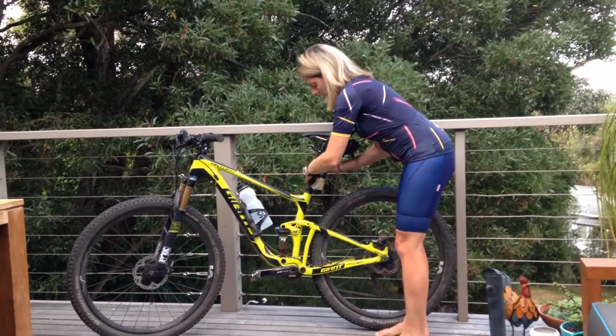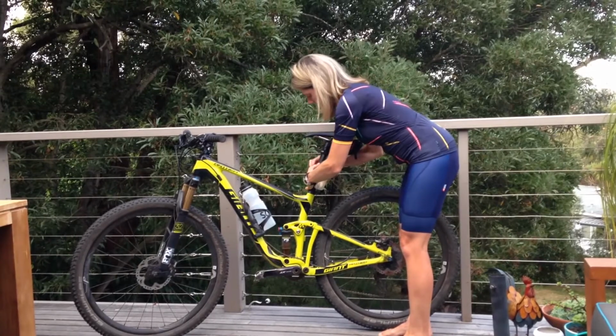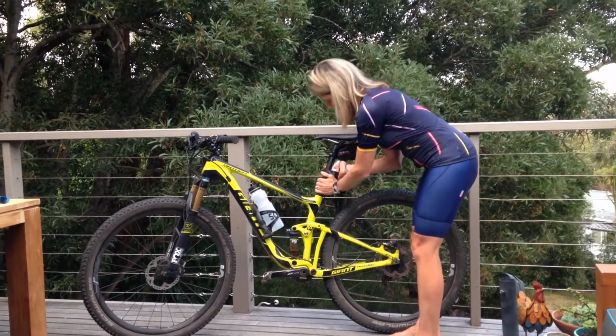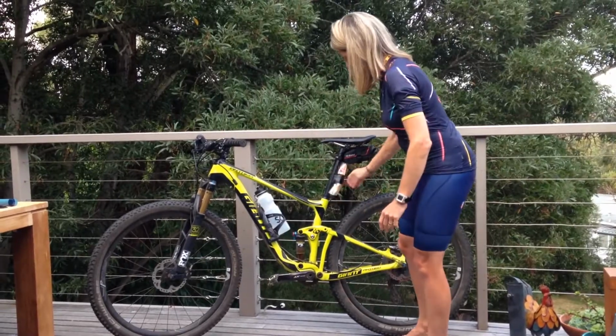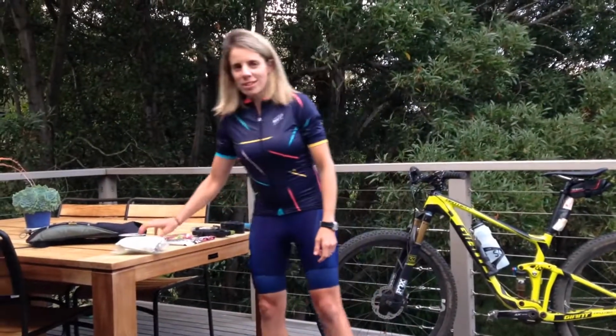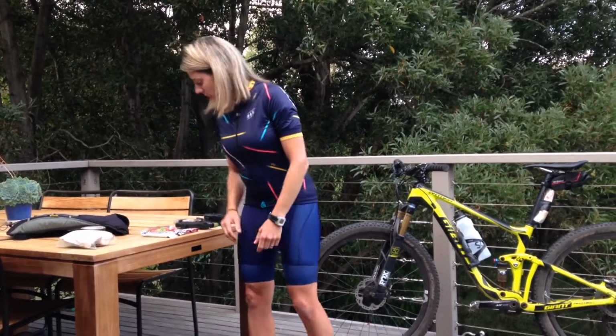So I'm just using some duct tape or some electrical tape, whatever you've got handy. Hopefully you won't need to use it. Okay, so that's my first aid kit. It's nice and secure and not coming off, and I'll get the tick in the box on the start line. Okay, so the next